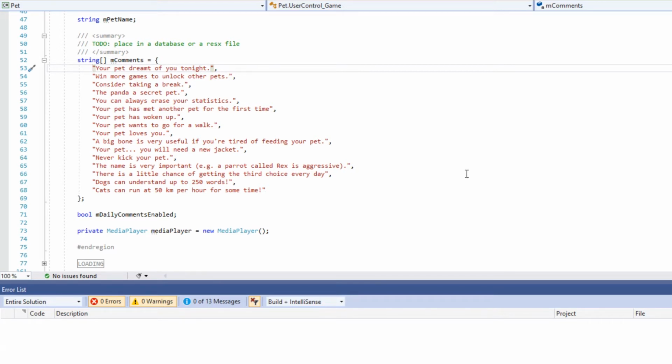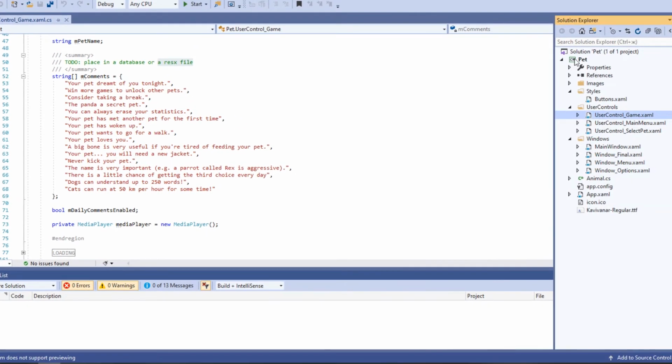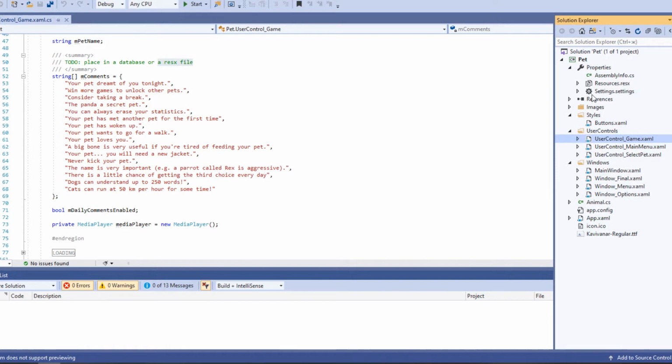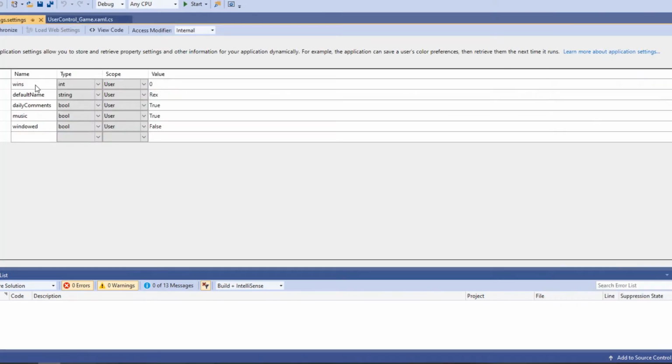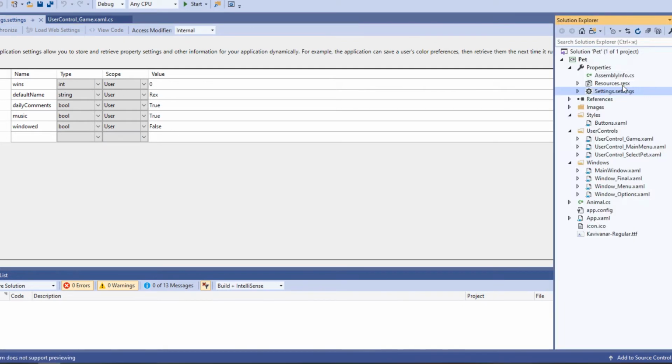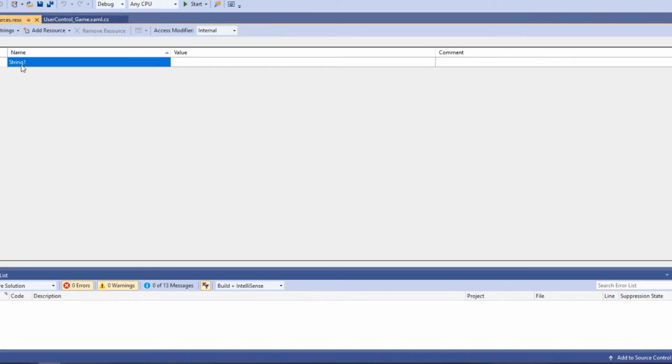And the fourth and the final way is using resources, which is a resx file. And this is the way that we are going to use. It is also an embedded way, so by default you already have one resx file in your solution. So go to Properties. As you remember, we previously created a few settings here, and a window very similar to this one is Resources. Here we will have names for our resources, and here we will have values. So our actual comments will go here, and their names will be here.